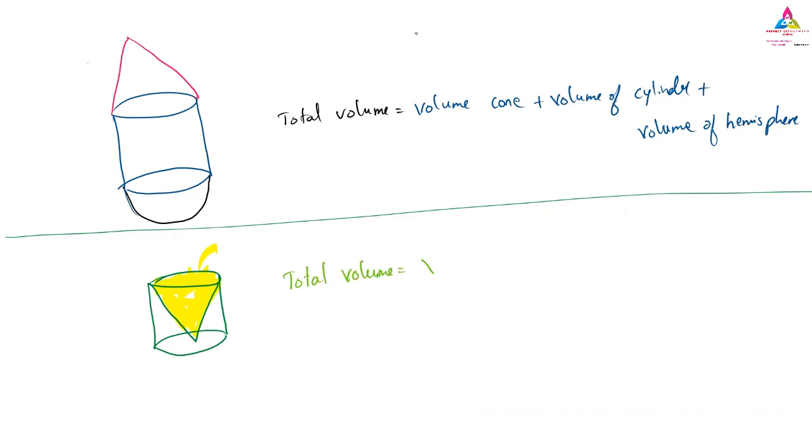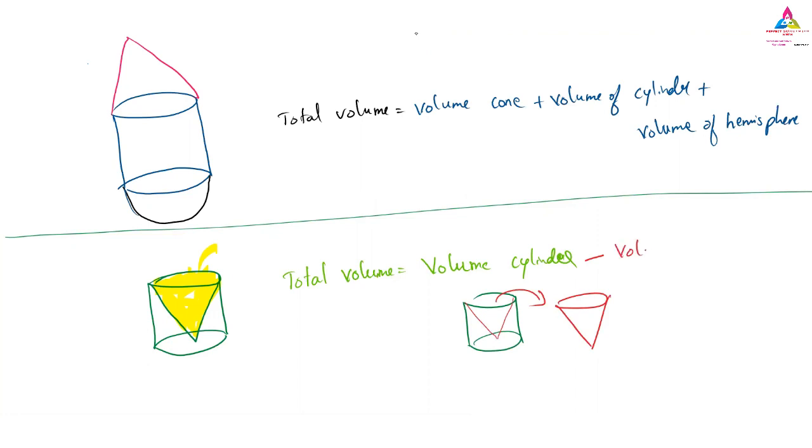Volume of cylinder minus volume of cone. Yes, very good. The volume of that cylinder is the whole. First it was the whole. First I will tell you, draw that diagram. It was the whole cylindrical volume you have to find. Inside they have removed the cone part. This cone part, they have taken out. Then the total volume is equal to the volume of the cylinder first, and since the cone is taken out, minus the volume of the cone. So this is your total volume.